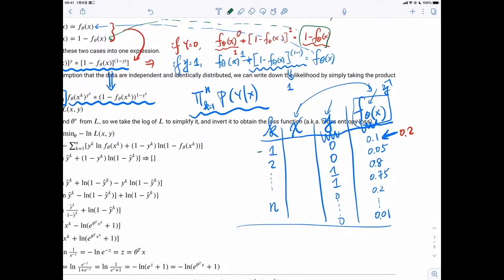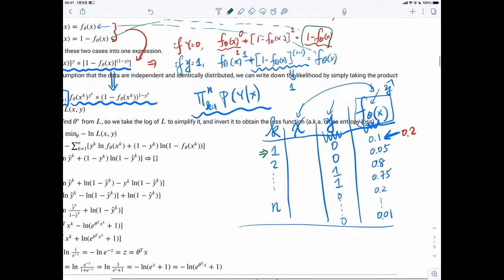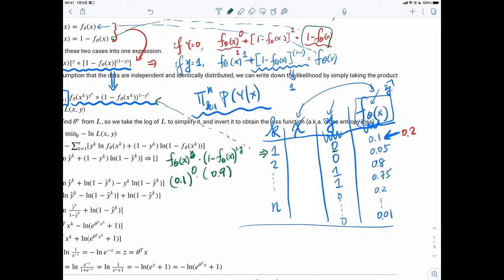For the first item, you simply just look at this formula. What is y? Y is right here, 0, right? The right hand side should be 0.9, and the power is 1 minus 0, which is 1. So that is exactly the likelihood for data 1. If y hat is very, very close to y, for example,